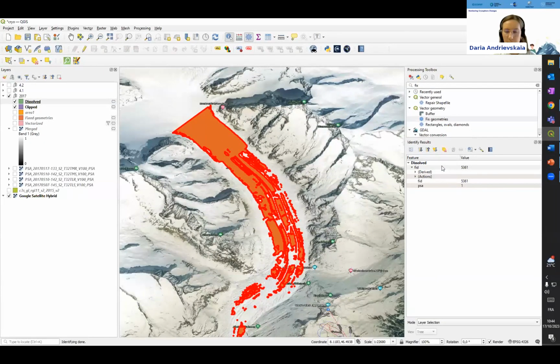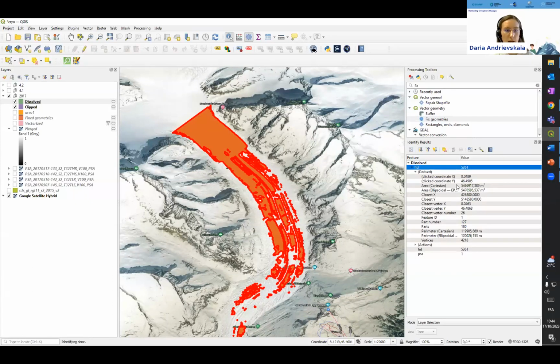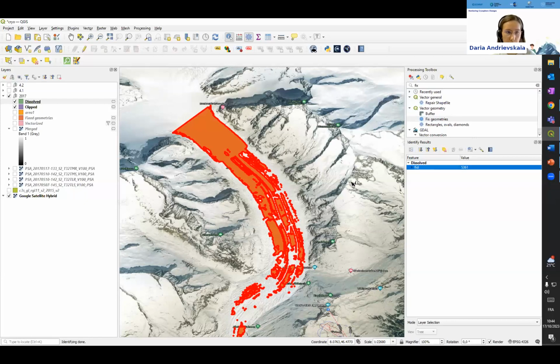You see, we clicked on it and we have some data which QGIS already knows about this feature. In actions, we have nothing because we didn't perform any actions, but in derived, it gives you coordinates, area, perimeter, a lot of information. So you can see the area in square meters here, right? So if you just need to know this data and you're not going to use it further in QGIS, this works. But if you want to have it really calculated and saved somewhere in QGIS,